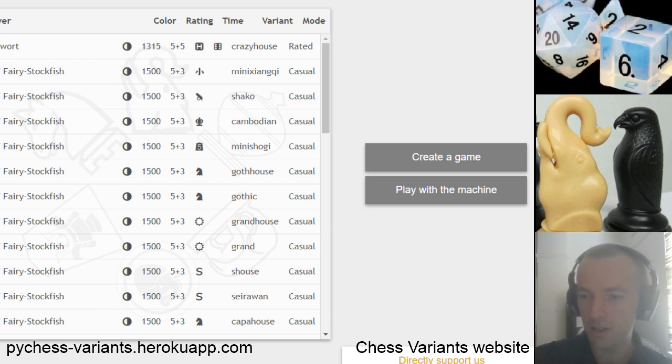And I haven't been following everything in the chat, but if you do want to play and you have an account on Pychess, so of course the website is at the bottom of your screen. It's a chess variants website. You just type this or paste it into your URL and create an account. You can just use your Lichess account, very easy to do. So if anyone wants to accept the challenge,